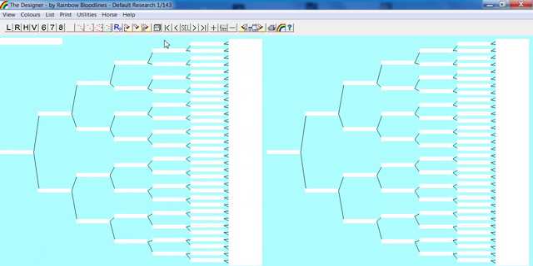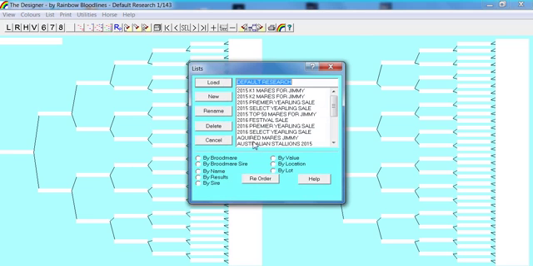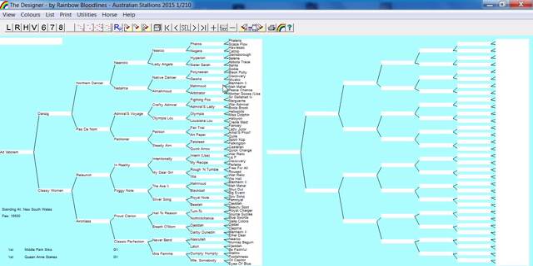Another wonderful feature of the program is you can make up a list of your own. This can be either stallions or broodmares or whatever you like. And one of the lists that is made up is a list of all the stallions at the moment in Australia. So I load that on the left hand tree,